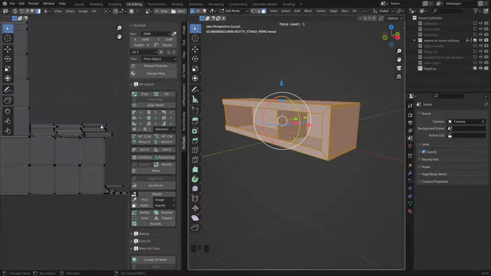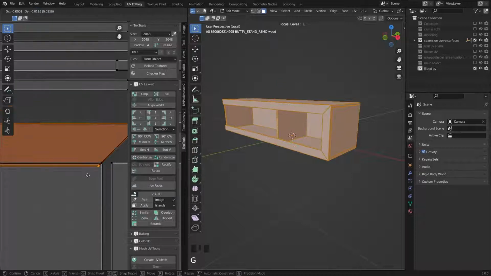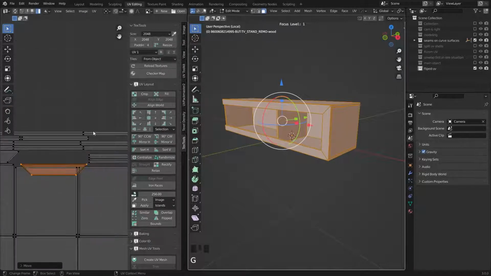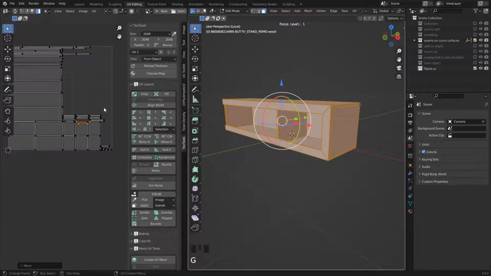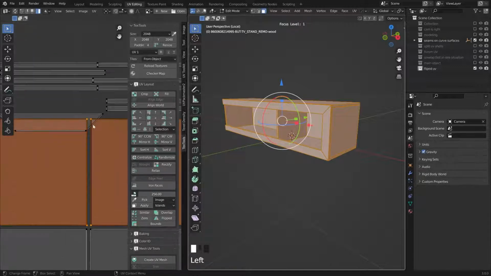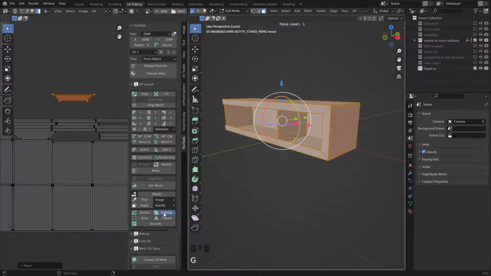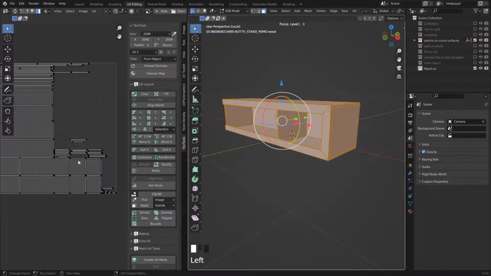For example, if I go here and put this UV on the other two UVs, and click on Overlap, you can see Blender highlights the UV shells that are overlapping each other. So I move it here and click on Overlap, and there is no overlapping object.